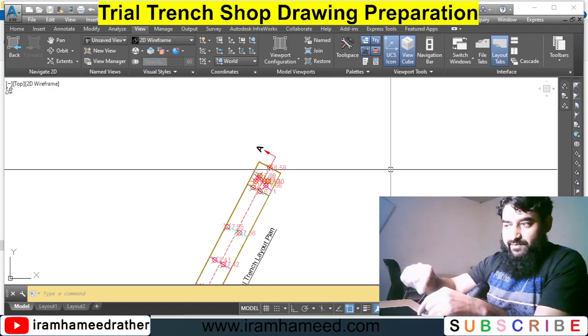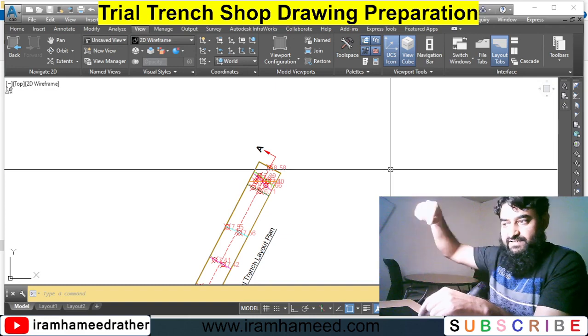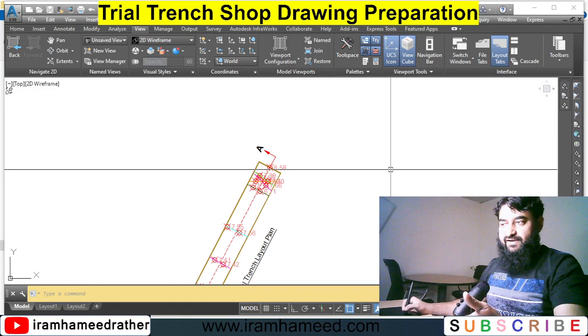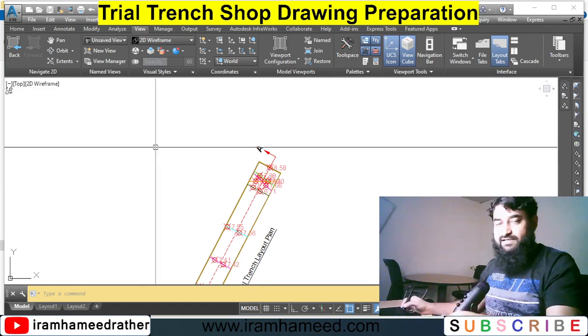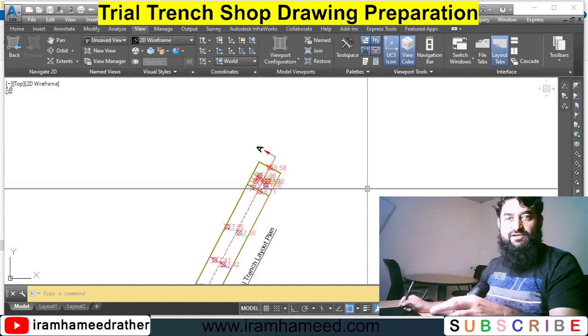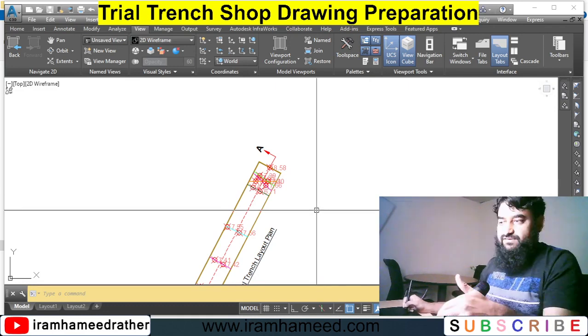Lines are properly dotted, you have mentioned your cross section line, section A, and then this is the plan view of your trial trench. So what are all these things? Only presentation. If your drawing is technically perfect, but presentation-wise your drawing is poor,